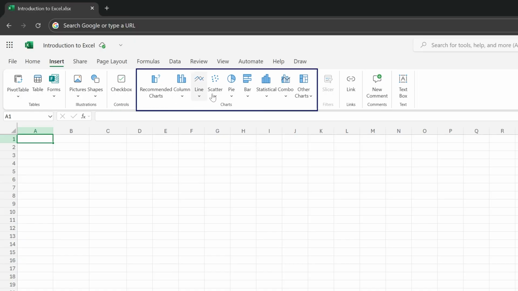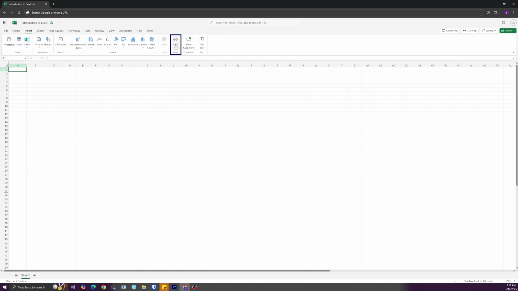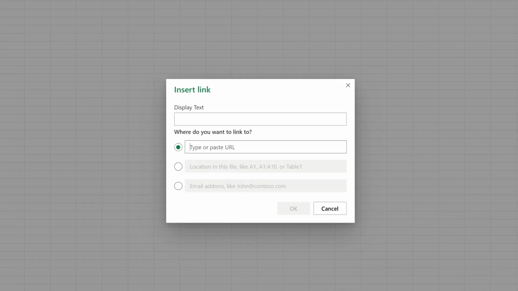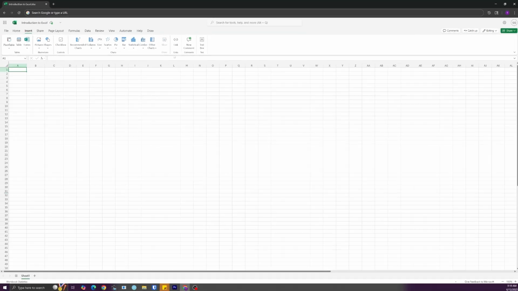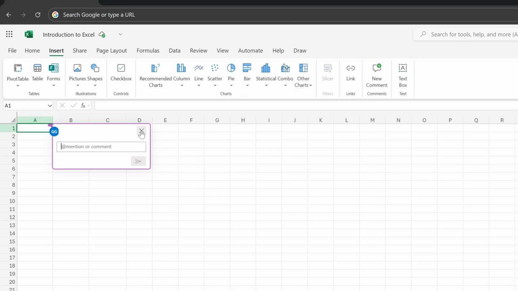Charts allow you to visually display data with bar charts, pie charts, line charts, and more. Links let you insert hyperlinks to other documents, web pages, or locations in the same file. And comments are useful for giving feedback without changing the document, especially when you're collaborating with others. The text group helps you add text boxes, headers and footers, word art, or a signature line.